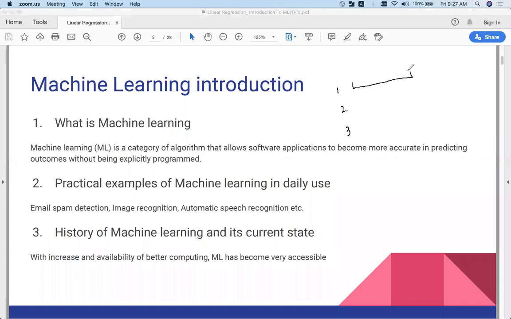So a humongous amount of data, right? It is not only that data is present, there is an explosion of data. Nowadays, just monitor your own phone. How many messages you send, how much data you consume, how many calls, how much WhatsApp, Instagram, Twitter, whatever apps you're on. The data is exploding exponentially, not even exponentially, it is more than exponential. A few years back, we just used to send an SMS like good morning or good night, but now we have unlimited messages in WhatsApp. There is no limit actually.